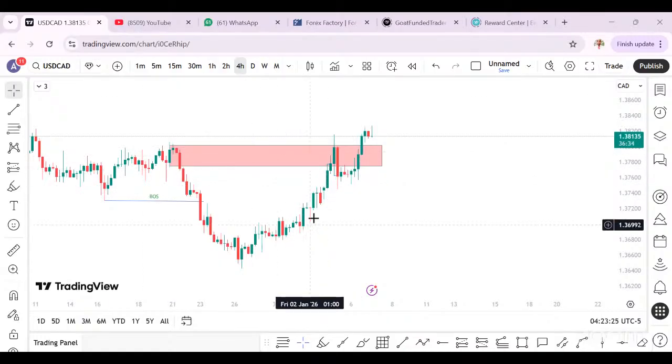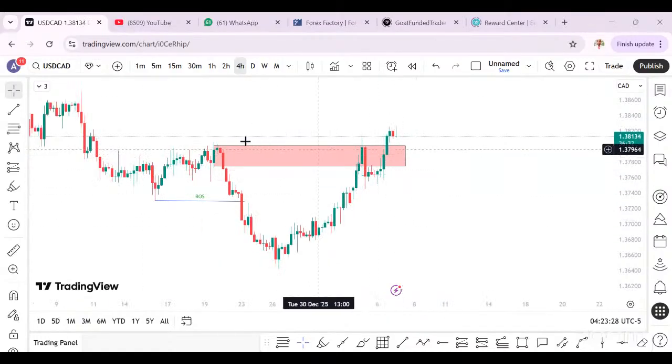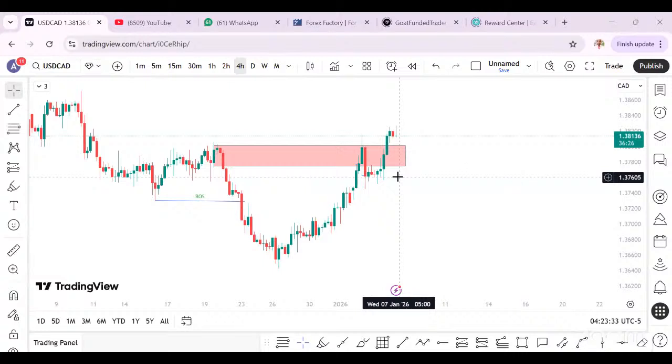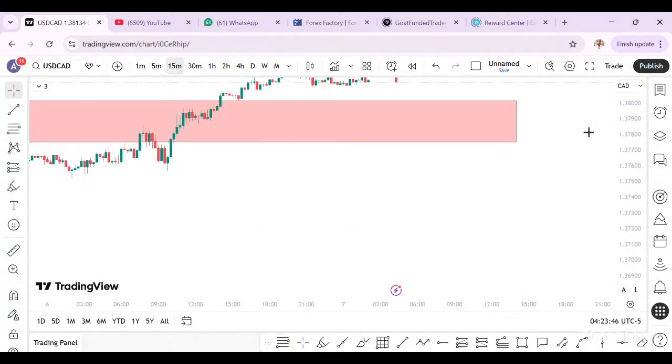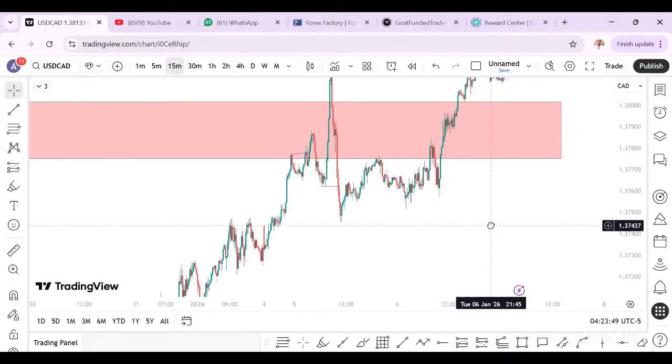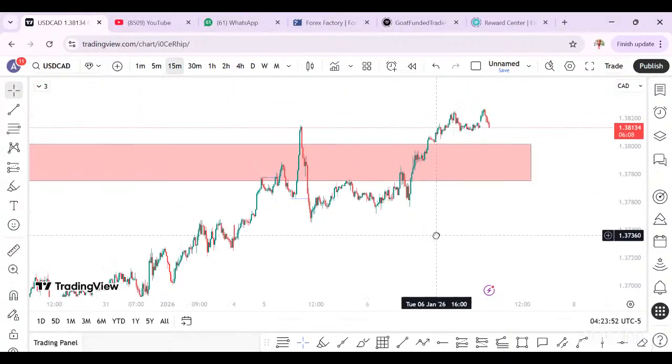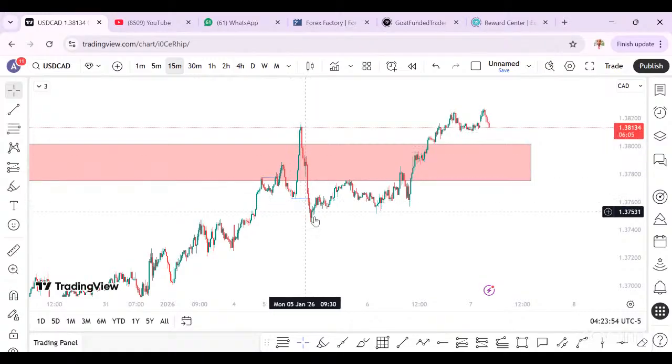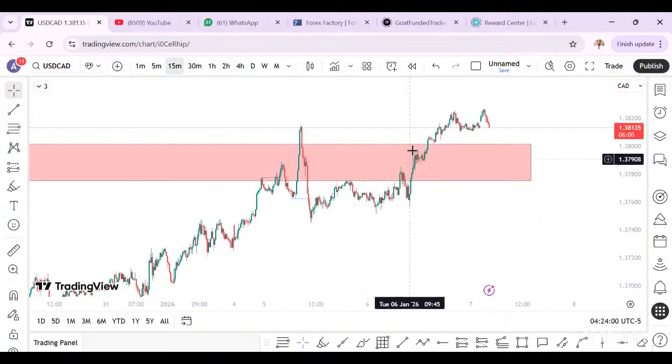Sorry, guys. So on 4 hours, this is what tricked me. I saw this high liquidity sweep. Though on smaller time frame it is a valid trade, sometimes smaller time frame can be so deceiving. Then we have this guy swept liquidity, and we have a 4 hours engulfing candle, so that's what I was using. So I can say I'm also right in a simple way, right? But it is what it is. Then we have a change of character on 15 minutes, price retest, and that's where we take a position. But what happened? Price pushed out this morning and took out that high.